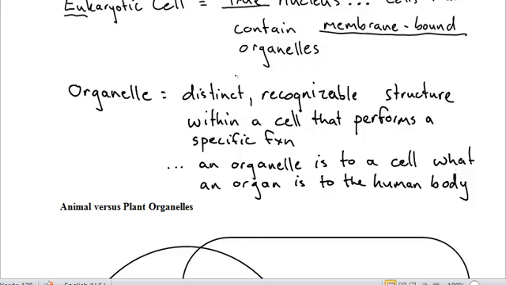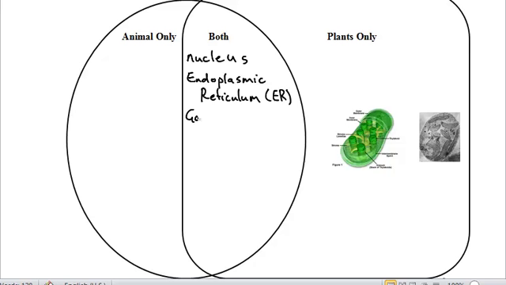So in both we have a nucleus, which is attached to an endoplasmic reticulum, which is abbreviated ER, which is attached to a Golgi apparatus, indirectly attached,